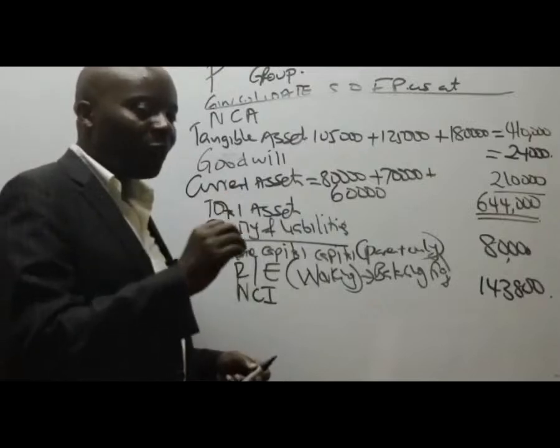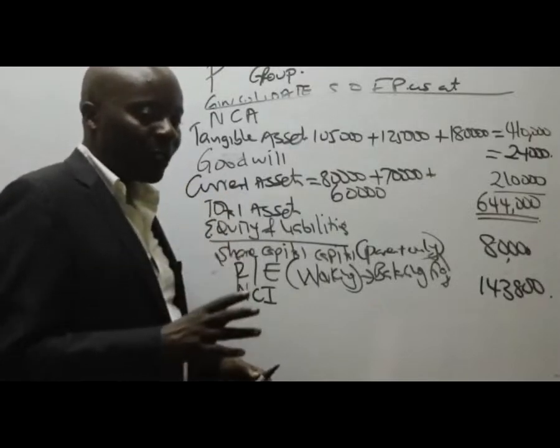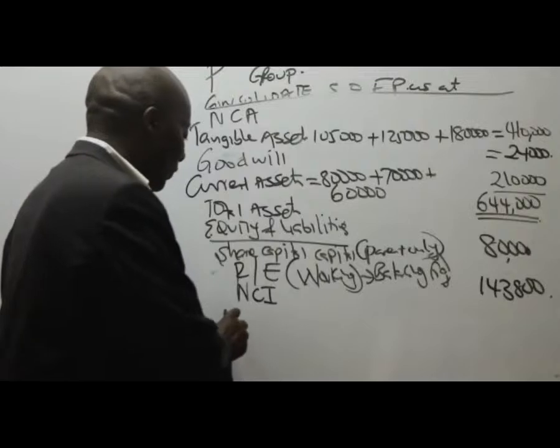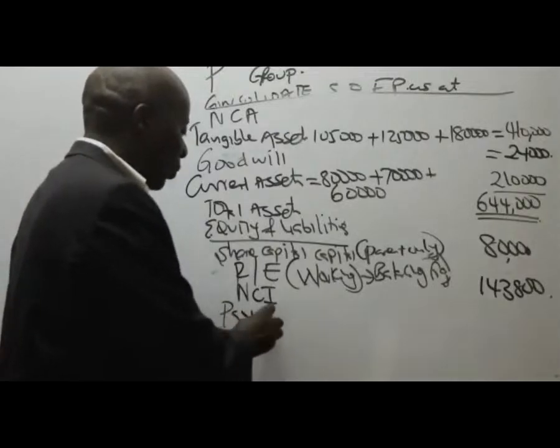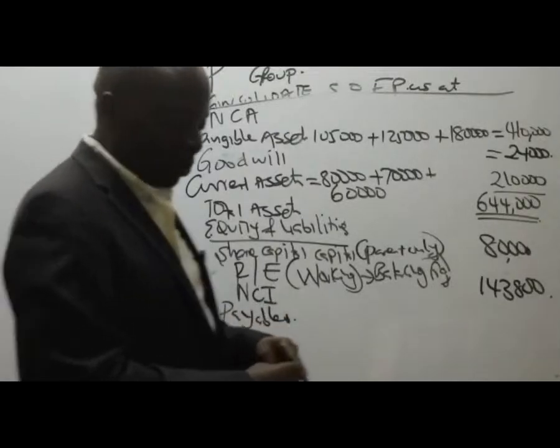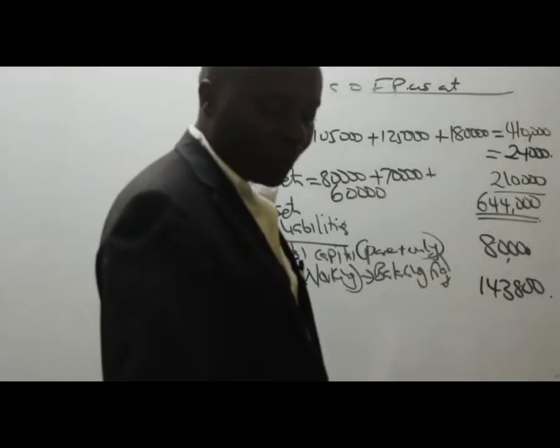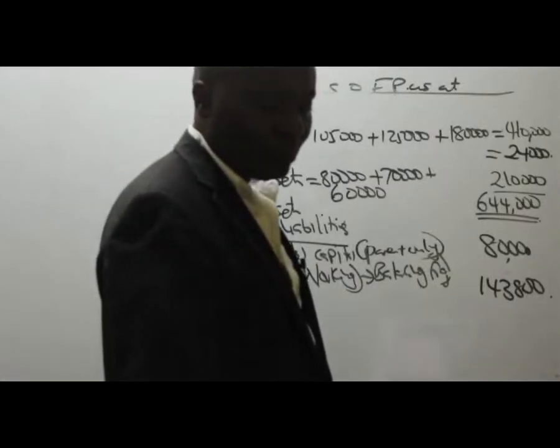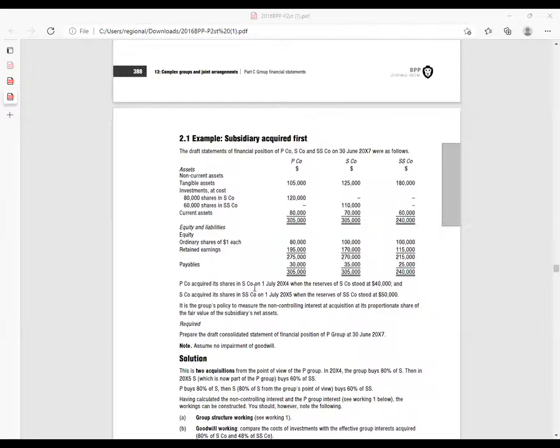Liabilities, normally we start with the non-current, the loans. They are not there. So here we only have the short term, which are the payables. What do we have here for payables? You can see we have 30, 35, and 25. We are only consolidating, so we have 30,000 plus 35,000 plus